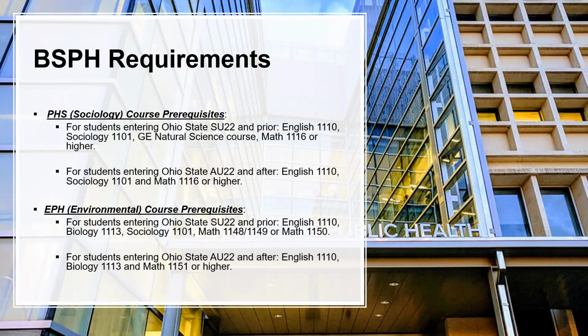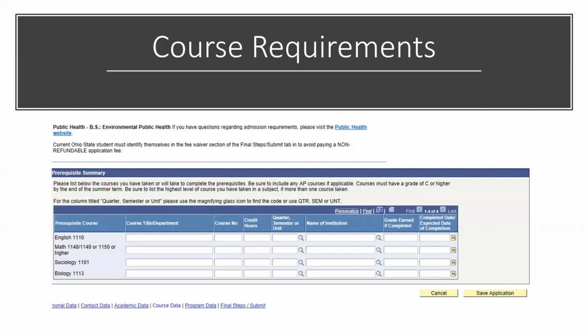So if you started at Ohio State summer of 2022 and before, you have a set of prerequisites. If you started just this past autumn, 2022 and forward, they are slightly different. So make sure you're paying attention to that when it comes to getting those prerequisites met when applying. I did provide a snapshot. Again, we will see this on the actual application in just a bit, but this is where you will indicate those prerequisites. And for our current Ohio State students, that should populate for you when you log in with the current Ohio State application link.